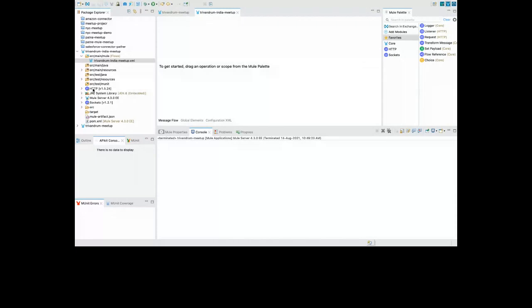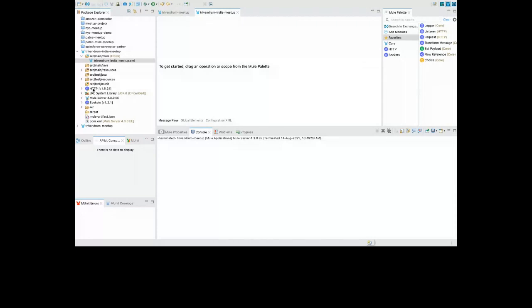Then src/main/java. Sometimes in advanced projects we need to write Java code, and we can write Java files inside this folder. In main resources, we can put dependencies of the project, like static files. All the test files for testing purposes we can have inside src/test/resources. And then src/test/munit is the folder where we develop all the test cases, or in Salesforce terms, the test classes.